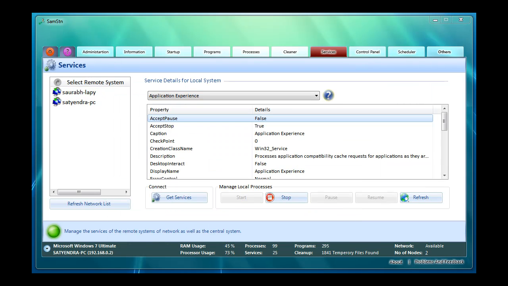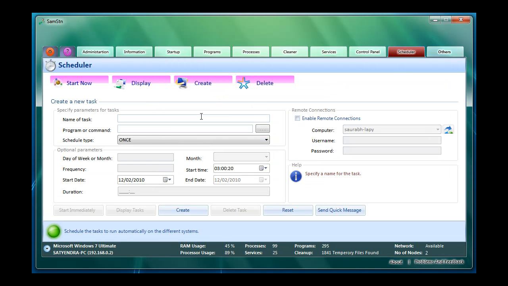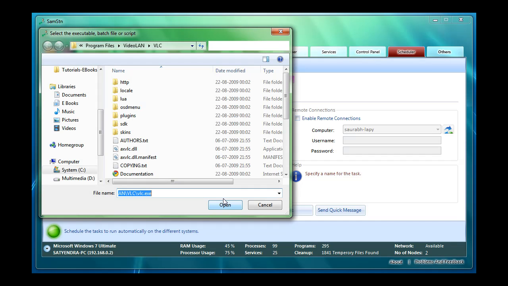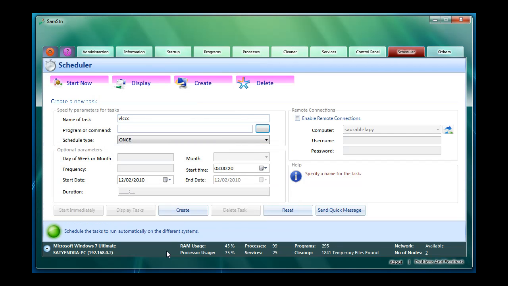The next module is Scheduler. This module is used to schedule jobs and commands remotely. For example, let's schedule VLC media player on remote machine, that is Saurabh Maheshwari. We need to set the time